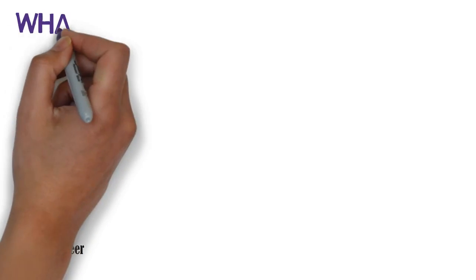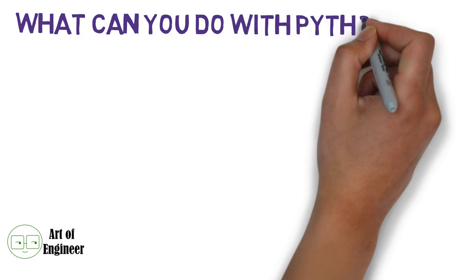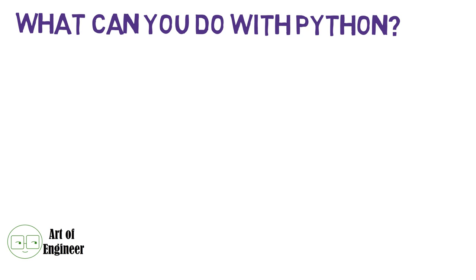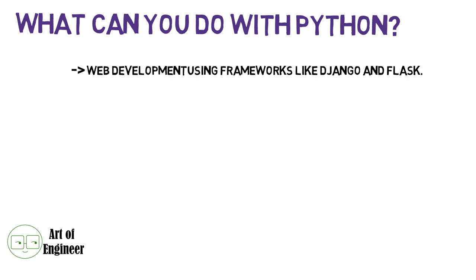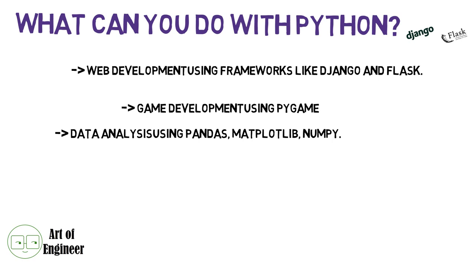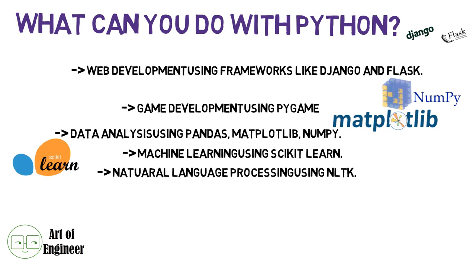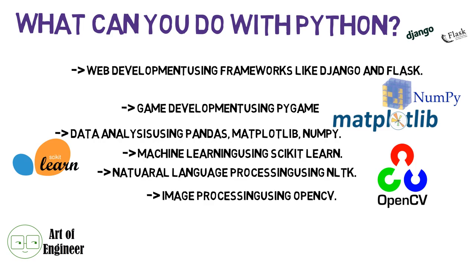Some of the big companies like Google, Yahoo, NASA, Red Hat, IBM, and many more use Python. So what can you do with Python? Python has a lot of modules or packages with which we can do almost anything. For example, web development using frameworks like Django and Flask, game development using Pygame, data analysis using Pandas, Matplotlib, NumPy, machine learning using scikit-learn, natural language processing using NLTK, image processing using OpenCV, deep learning using TensorFlow,